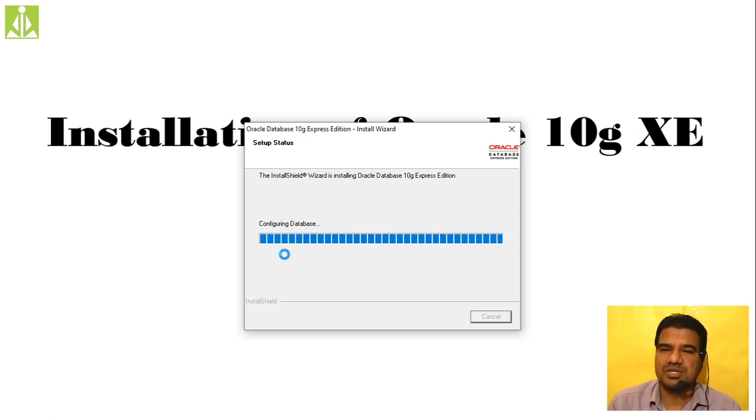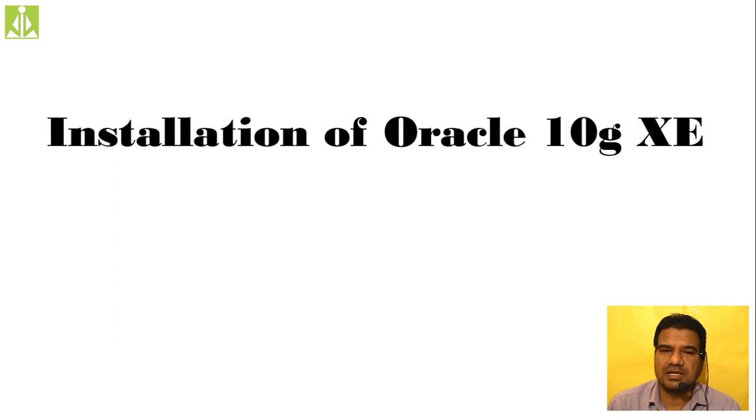Hope you understood this strategy. We follow the same strategy once we do this installation successfully. It is about to complete your installation, and once it completes, I will show you how you can open that environment and how you can set up that environment for practicing structured query language commands.